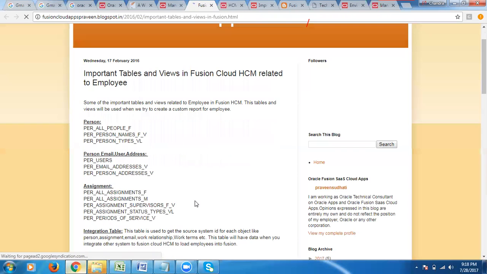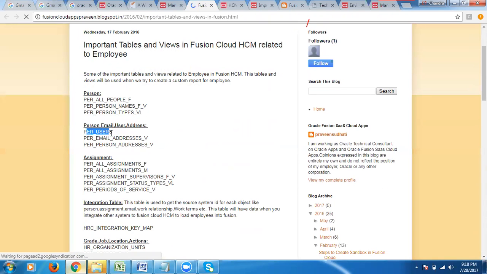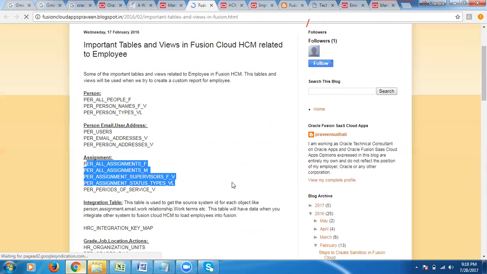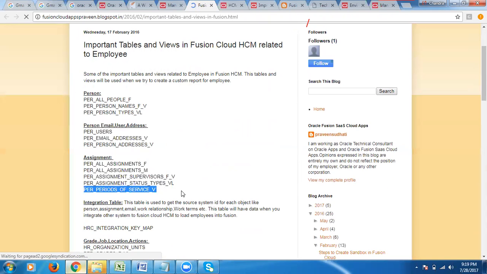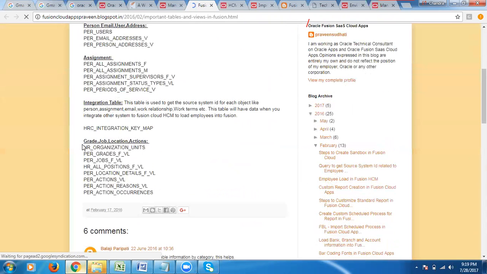Like PER_ALL_PEOPLE_F, PER_PERSON_NAMES, PER_PERSON_TYPES. These all are related to the person. This is person user details, email address, person addresses. These are assignment details, assignment status, PER_PERIODS_OF_SERVICE, employee service, when he has worked and what is the date, and these are jobs and other tables.